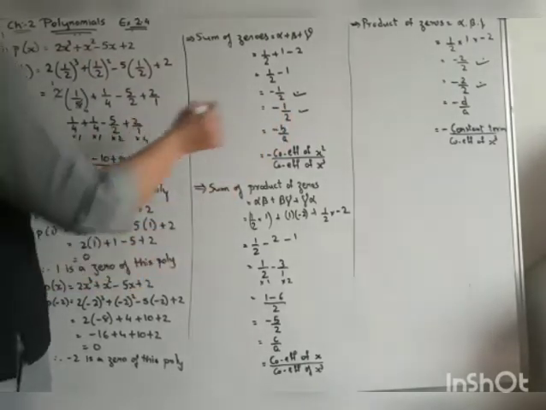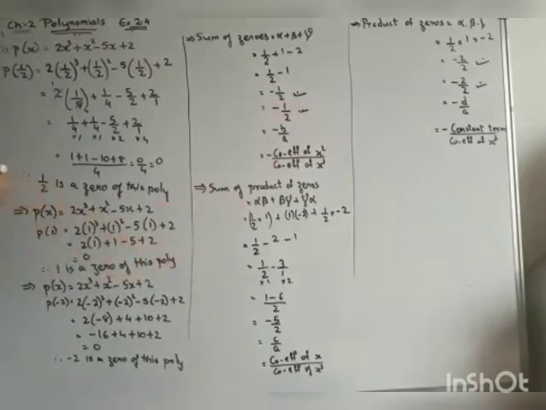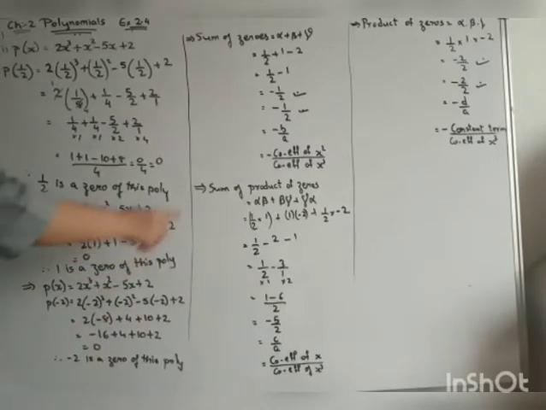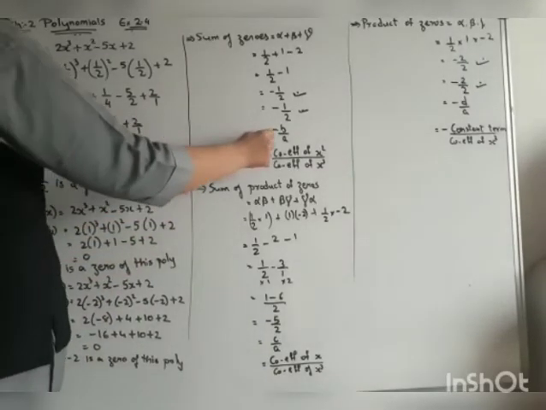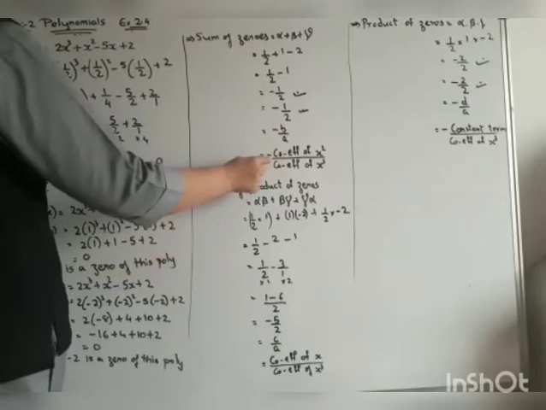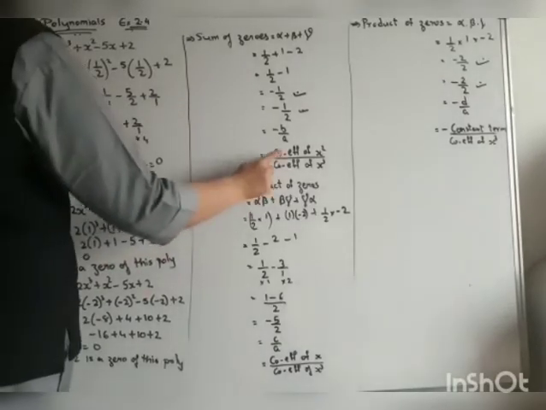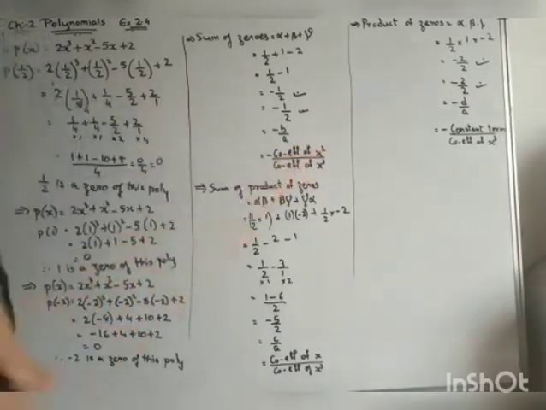Then we have to check whether these two numbers we are getting are the same or not. Here we can see both the numbers are the same. That means whatever we have done is correct. After that we have to write alpha plus beta plus gamma is equal to minus b upon a. Minus b means coefficient of x square, a means coefficient of x cube. So here we will write coefficient of x square upon coefficient of x cube.